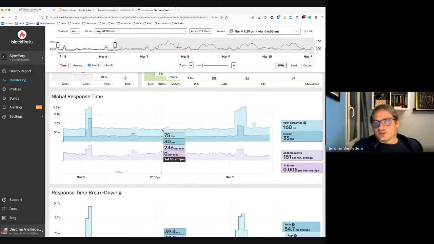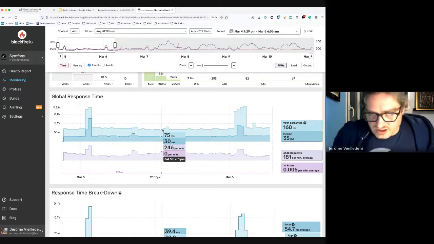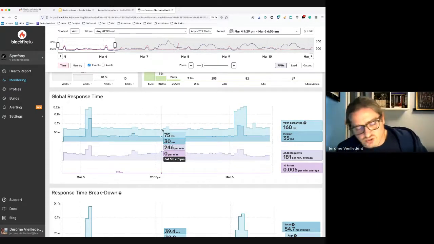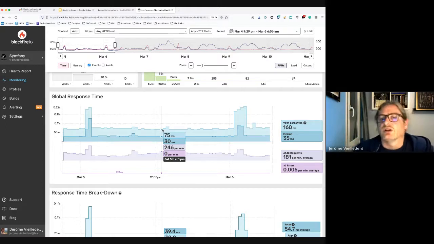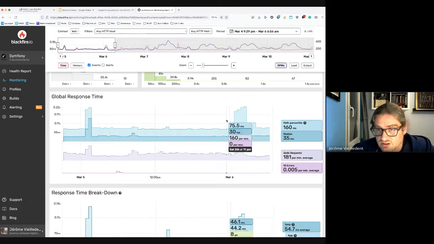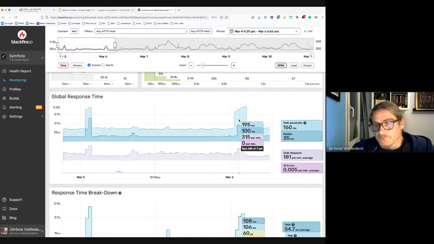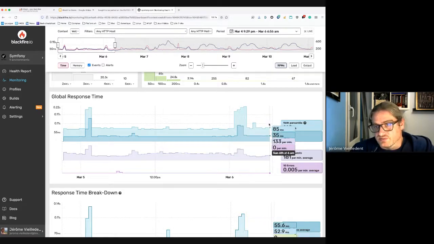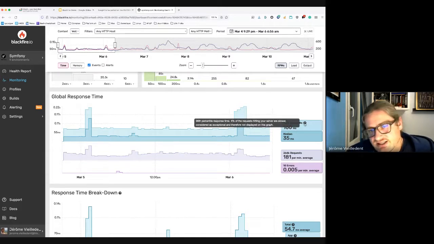Global response time is the same thing that I showed on the health report. It's just that here it's live, minute per minute, more or less, depending on the zoom level. So still the 96th percentile and the median time. I didn't mention it: the 96th percentile is a statistic tool, right?